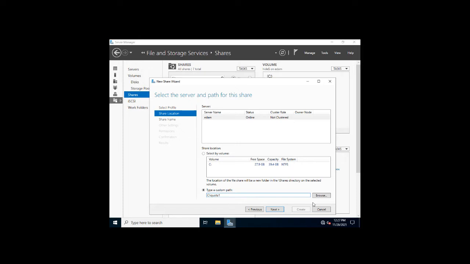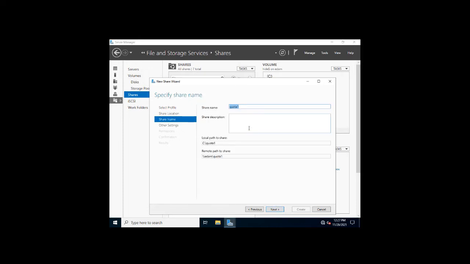So quota 1, click on next. You can give details here. The local folder will be quota 1, and here you can give share 1. When we access from the shared location, it will show like this, but on the machine it will be quota 1.